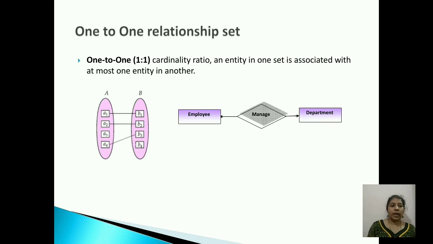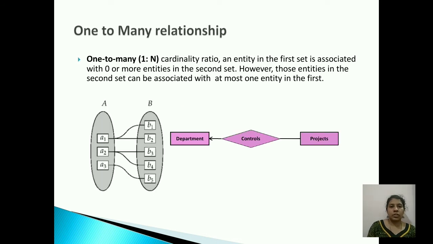Okay. And if I have 10 different employees and two departments, then what happens? Only two employees are the managers. Correct? So only two employees are related to a department using the manages relationship. The other 8 employees are not mapped to any department, but still it is a one-to-one relationship. So exactly one-to-one mapping is there between employee and department using the manages relationship. That's why it is called a one-to-one relationship.